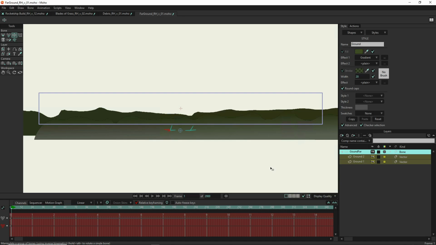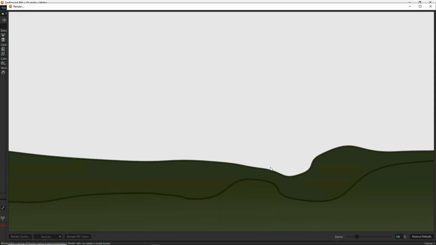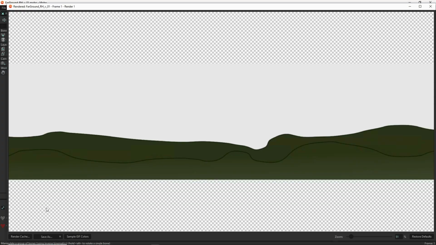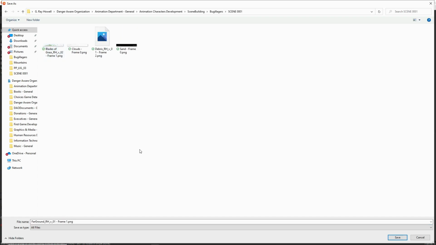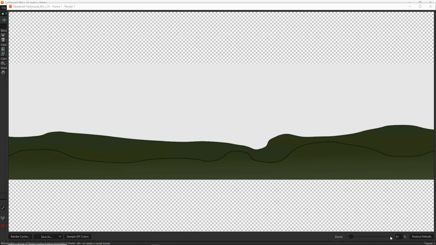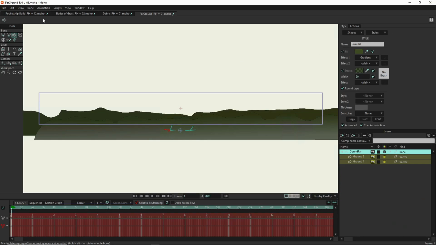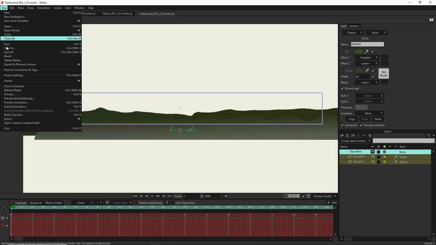So we're going to capture that with a render, Control R, and that was pretty quick, which is the whole point of this, so that we can quickly make each of the elements that we need. So we save that here and close it. Then we've got the next element